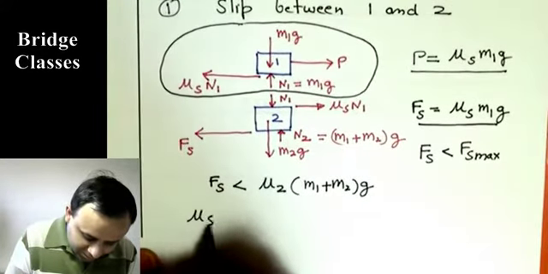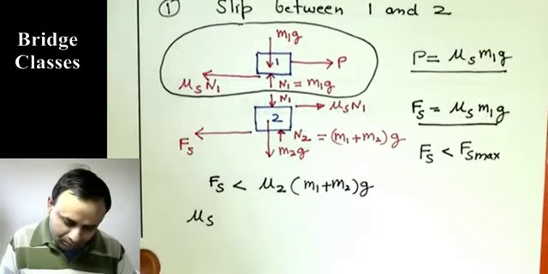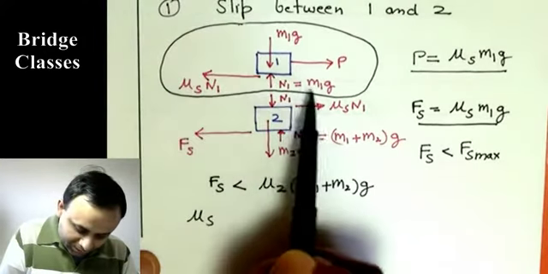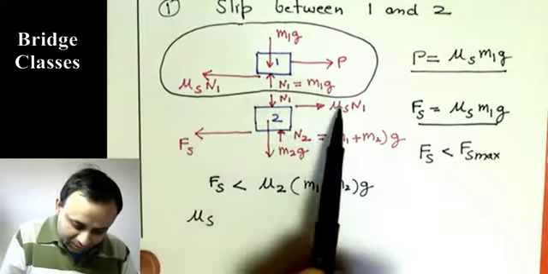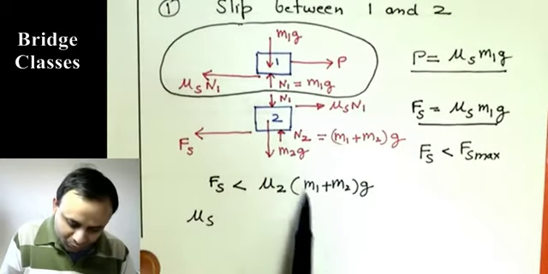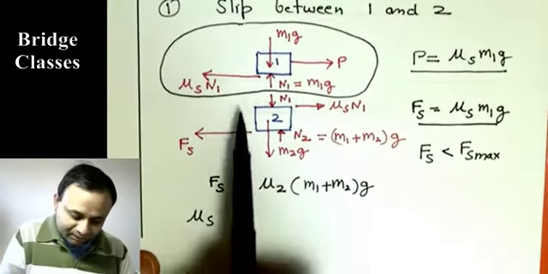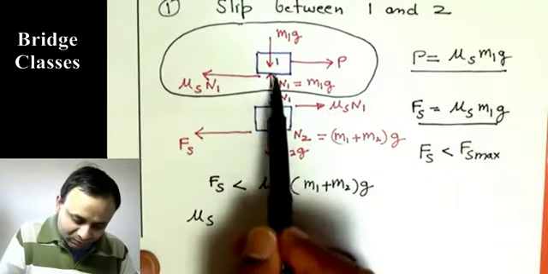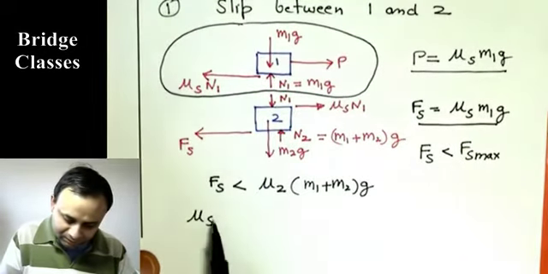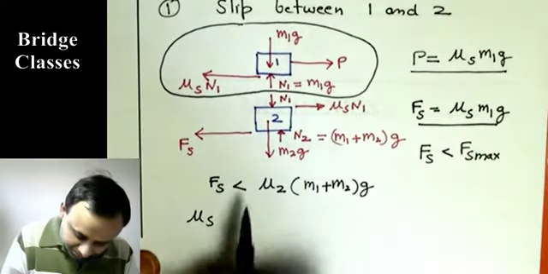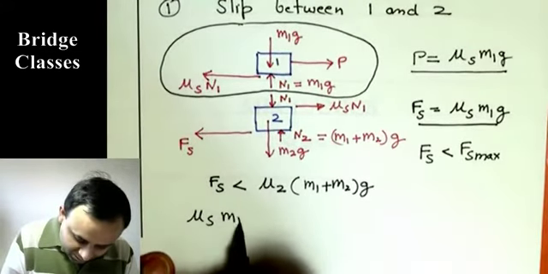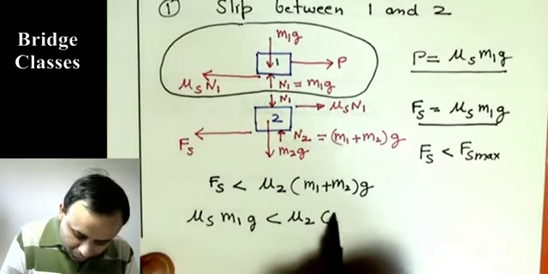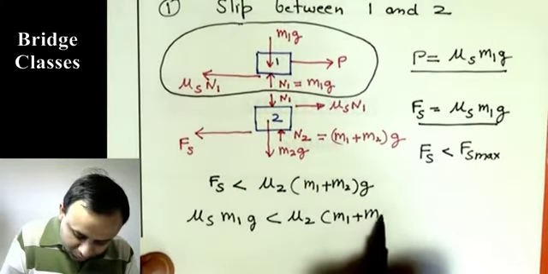So we got mu s, I took this one as mu s, and this I took as mu2. I should have taken this as mu1, but anyway, I hope you understand. This I took as mu s between these two surfaces, and between these two surfaces I took as mu2. So mu s M1G is less than mu2 (M1 plus M2)G,